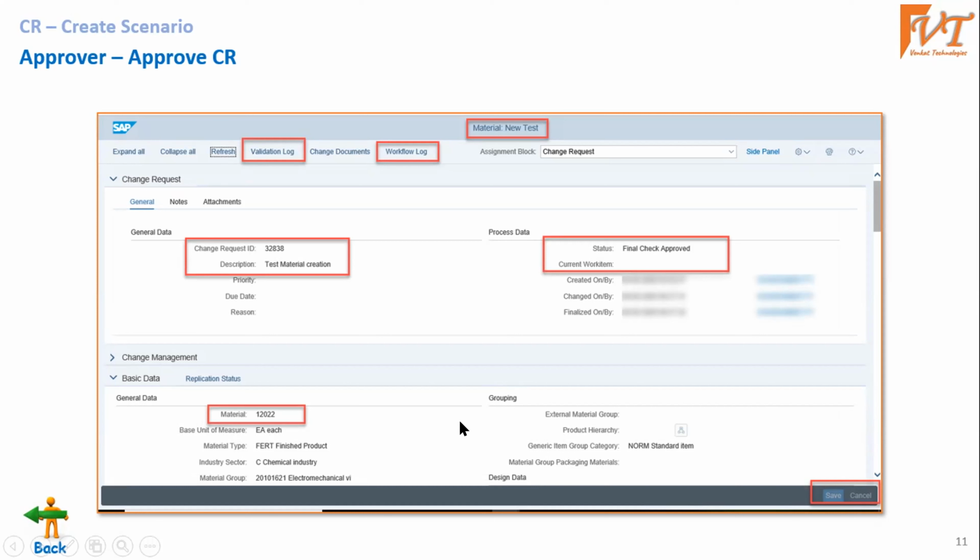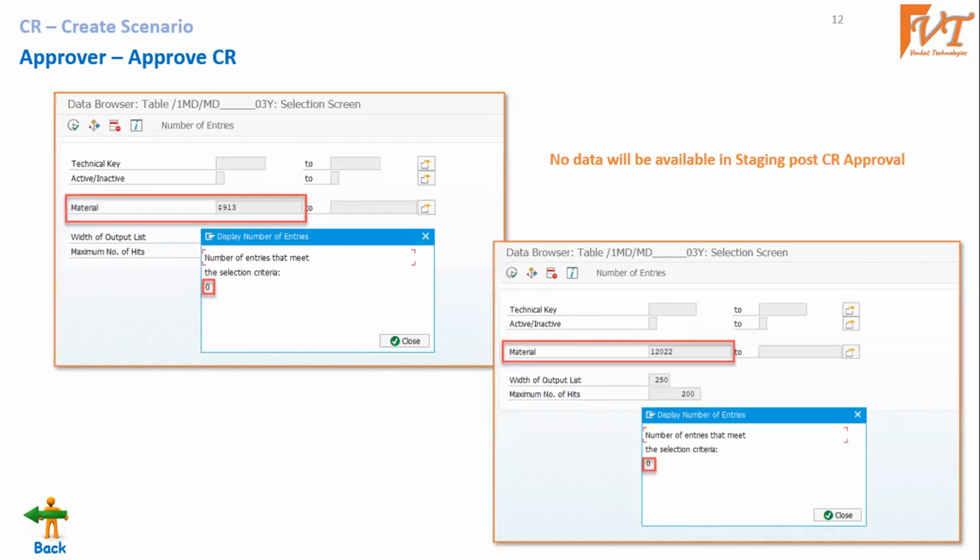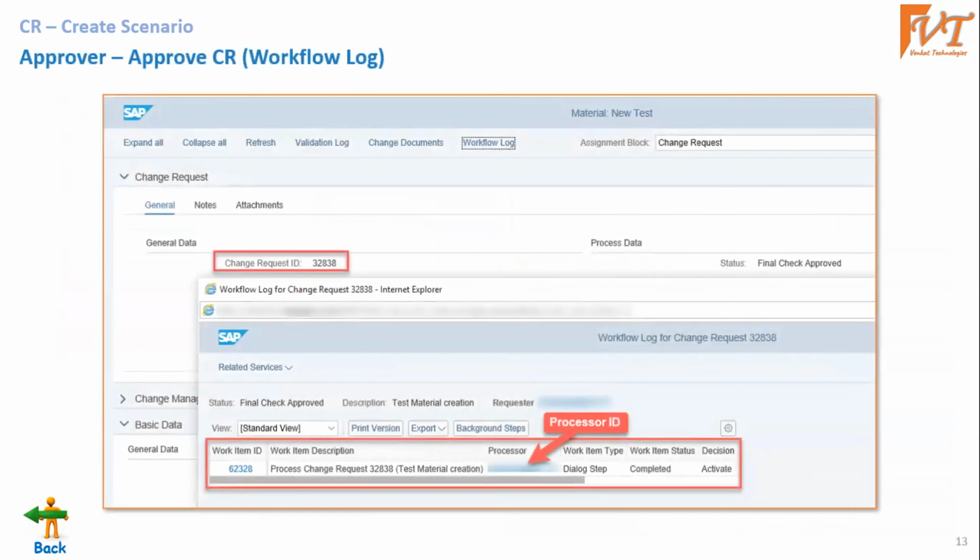Similarly, when we are creating, changing or maintaining master data, the system automatically generates an ID for you for future reference. That is called a change request. Once the data is approved, this is material 12022, and then you can see the data in the backend.